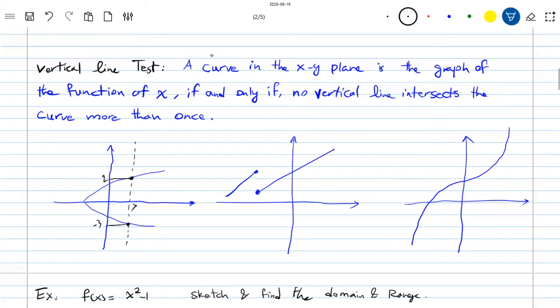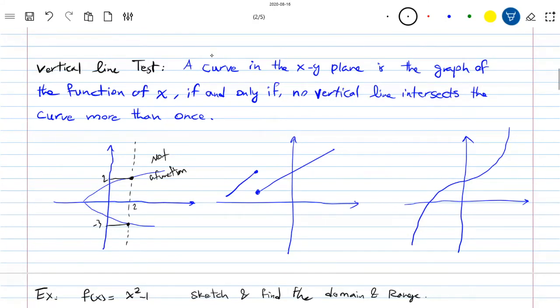Then what I can say is this is not a function, because I picked some x value here. I pick x value of 2. What did I get? I get y value of 2 as well as y value of -3. So therefore, this is not a function. Okay, so not a function. Vertical line test is very easy. If you ever find one of these vertical lines that crosses more than once,